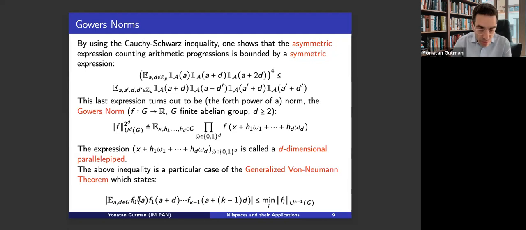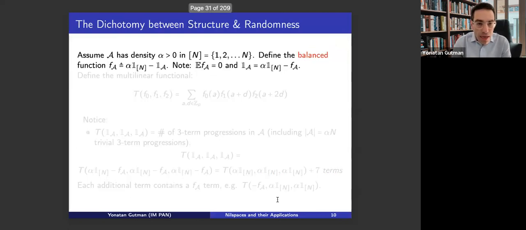This is very useful. So the symmetry here really helps. In some sense, it allows us to go from an expression counting arithmetic progressions to studying the Gowers norm, which is a more symmetrized object. So there is some chance that we will be able to say more things about it. This was the approach of Gowers that was, of course, successful. Let us then pursue this.